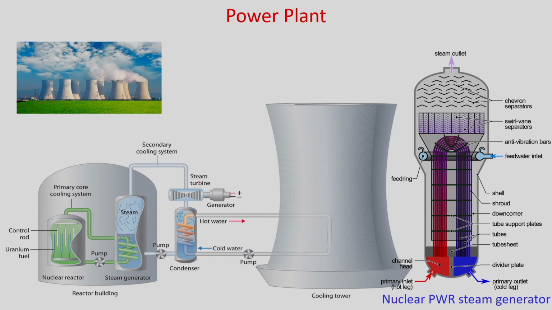So, these steams pass through this steam turbine, and in the steam turbine obviously it generates power, and this steam now is to be cooled. So, now this steam is passed through this cooling tower. Okay. So, you can see the cooling tower in any power plant, and when it passed through the cooling tower, this hot water becomes cold, and again it is pumped to the steam generator. So, you can see in many processes in this power plant you have the examples of convective heat transfer.